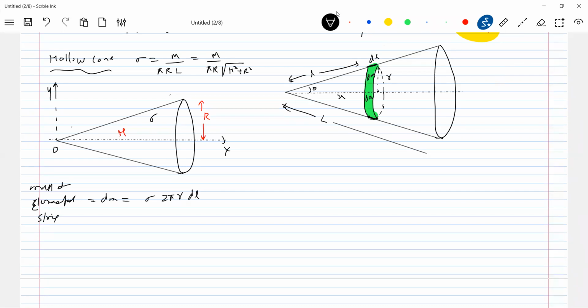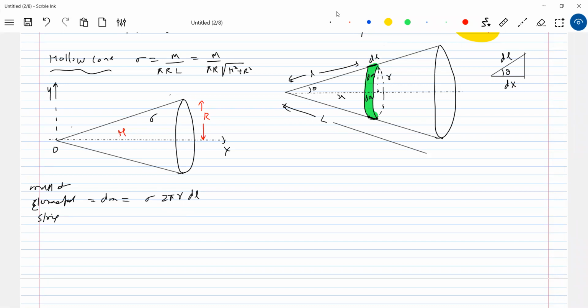I'll draw one small triangle. This is dx, this is dl, and this is d theta, and this is theta. Able to make it out? So you should not write 2 pi r dx here. If they're solid, okay, we can assume it. If it's solid, you can make an approximation and neglect that small elemental thing. If they are hollow, then you have to be careful about the relation between dl and dx. In many problems you do come across this condition. Okay, let's go ahead.